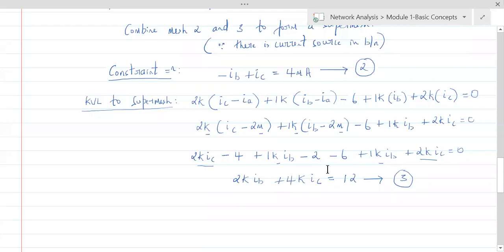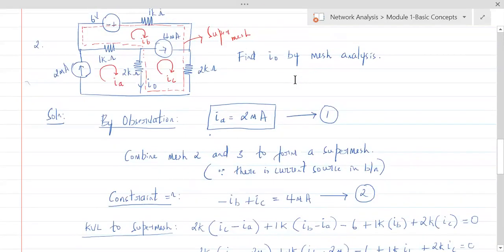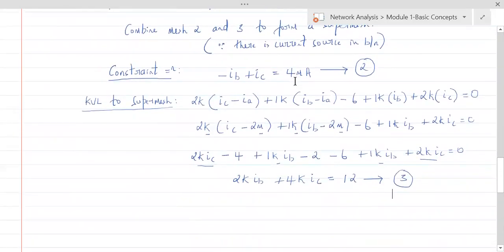So what's happening? This is all 12 or 12K, 12 milli it would come. Here there is 4 milli. Yeah, that's 4 milli, it is fine. Would this just be 12 is what we need to look at. So 2K is there, 2 2s are 4, yeah, 1K. Yeah, fine. Now solve this and see if you are getting this. Okay, solving 2 and 3.